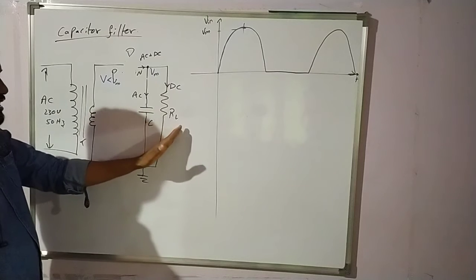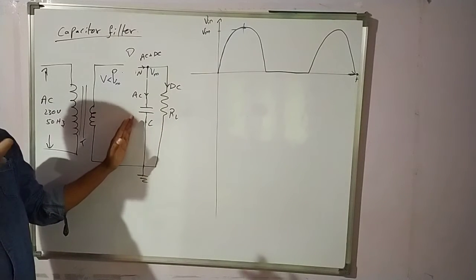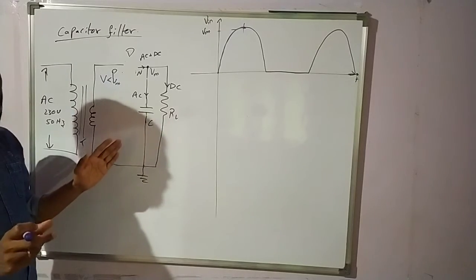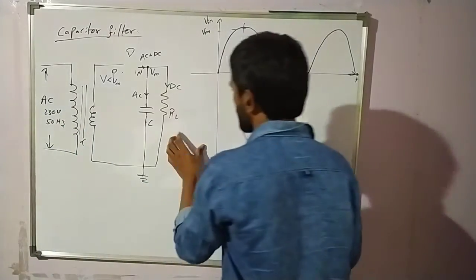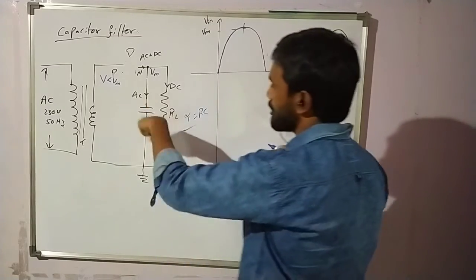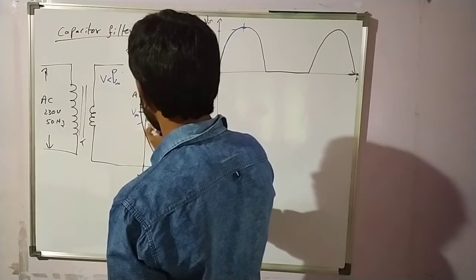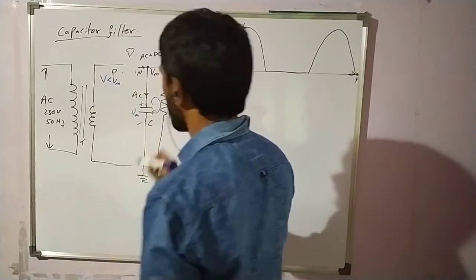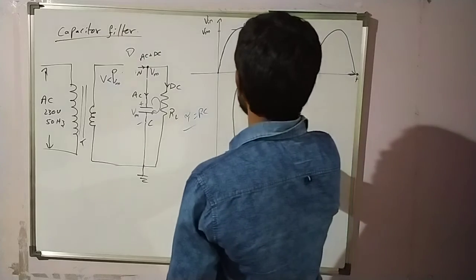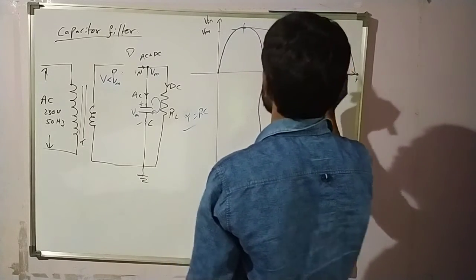Now if we choose such a resistor, an RC network, it will take more time. The RL value is very high, RL and C value. We will choose a very high RL value, so tau is equal to RC. This is the time required to discharge. Now this is the voltage across Vm, positive, negative. Now it will try to discharge through this path. Slowly it will discharge and reach this point.